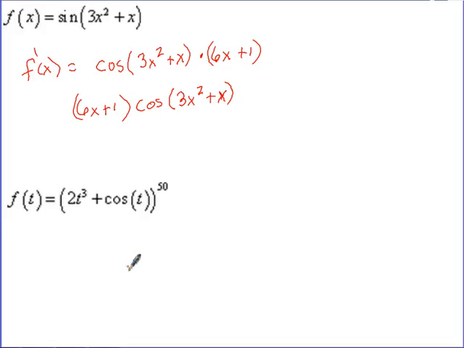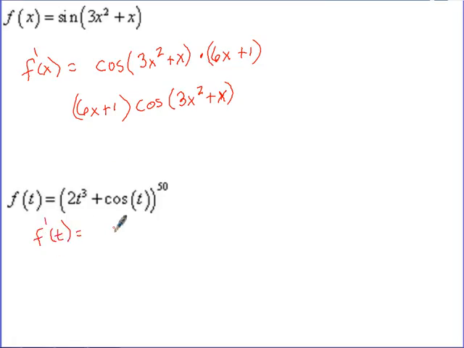So I have 2t cubed plus cosine of t, to the 50th power. Okay? 2t cubed plus cosine of t to the 50th power. What's my outside? X to the 50, and then my inside is the 2t cubed plus cosine of t, right? So notice now my inside is getting a little bit more complex. It's actually almost two functions, right? But it's still just the inside. So when I take this derivative,